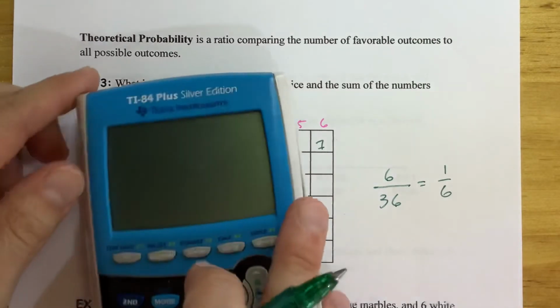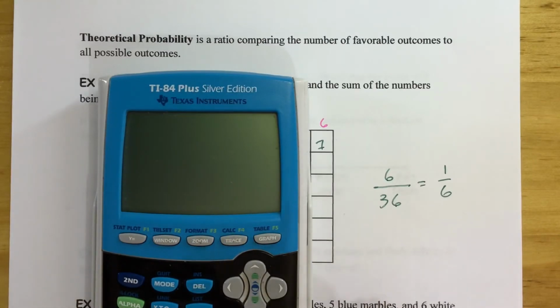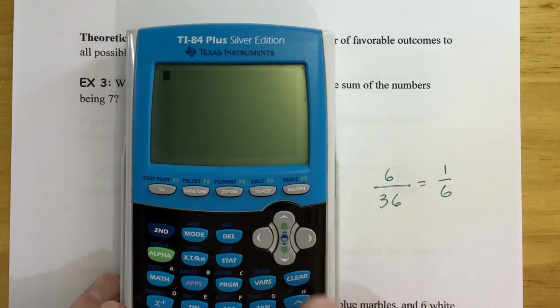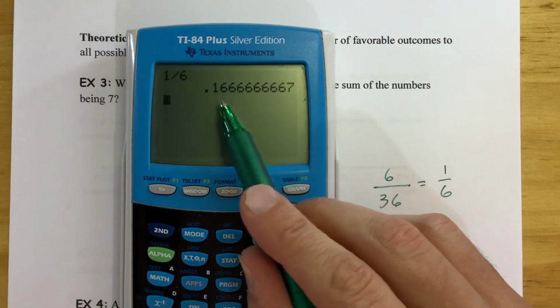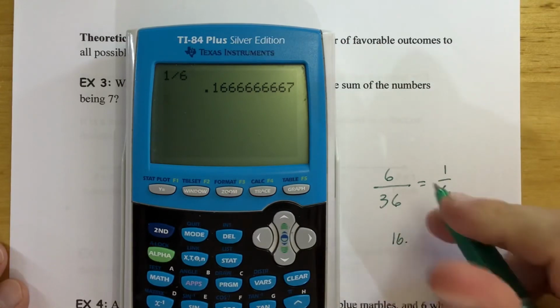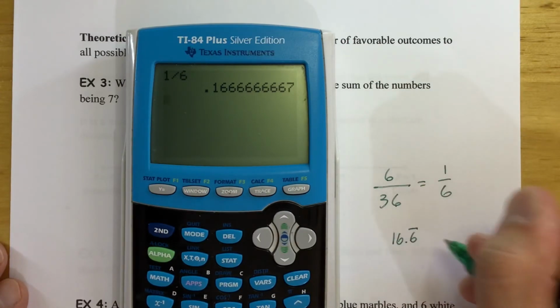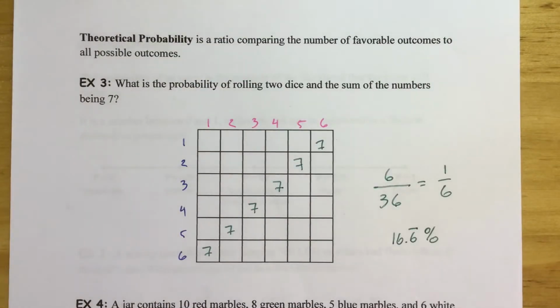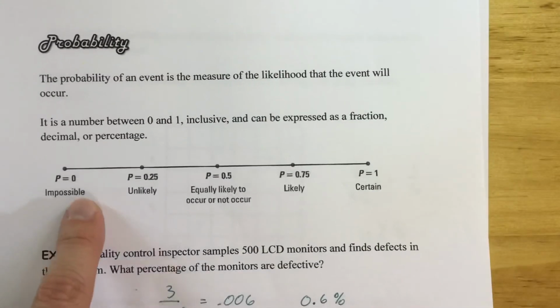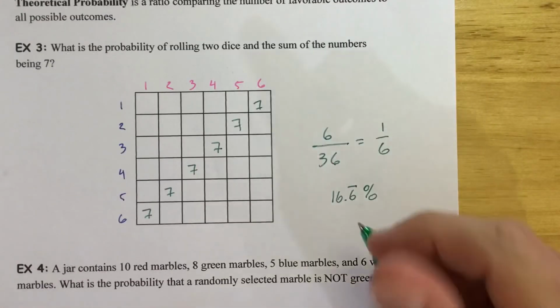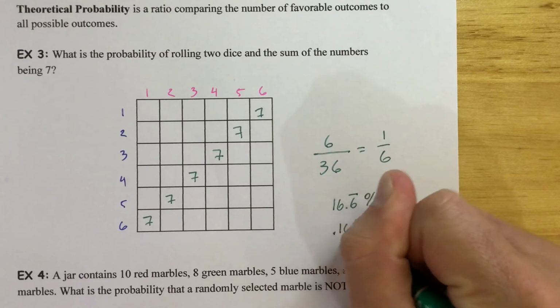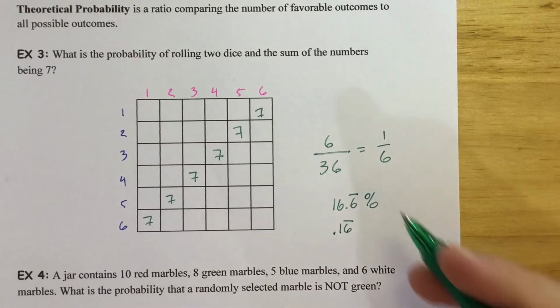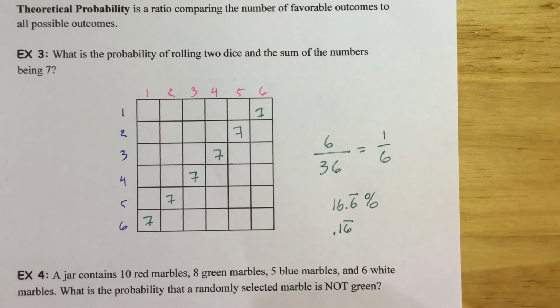As a decimal, I don't think it's going to look that great, but I'll go ahead and type it in. 1 divided by 6 is going to give you about 16 point, that's a repeating 6%. And if you go back to the beginning of the notes, you could also just describe it as a decimal number, which means it can also be written as just 0.1 repeating 6. So all are acceptable, just kind of depends on what you're doing and how you want to present that answer.